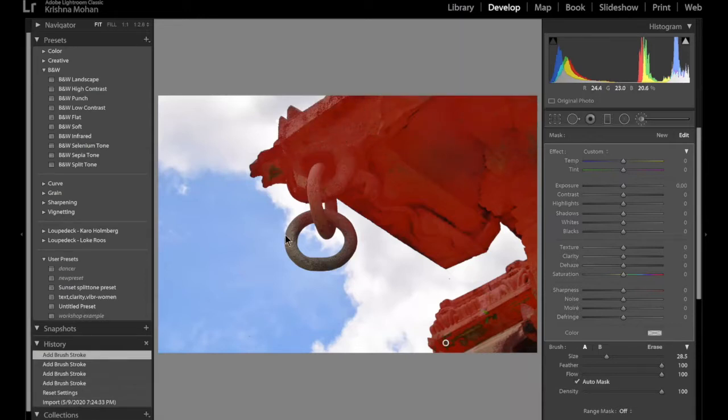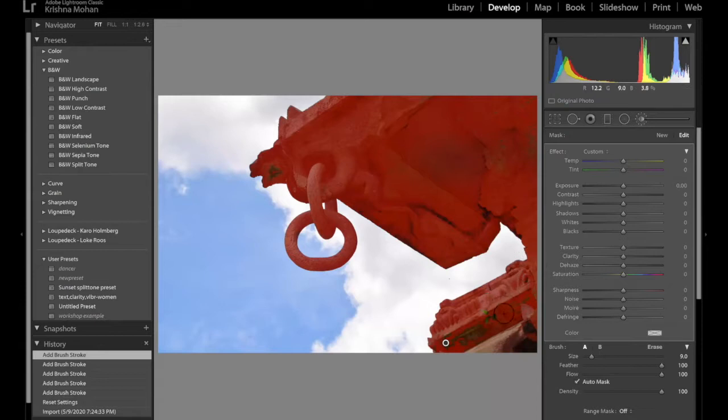Now, when it comes to these rings, the brush is too big. So I can use the square bracket key, that's the key above your enter key. I can make sure that the inner circle of the brush is the size of the ring. So as long as that center square area doesn't go outside, you can easily brush that.